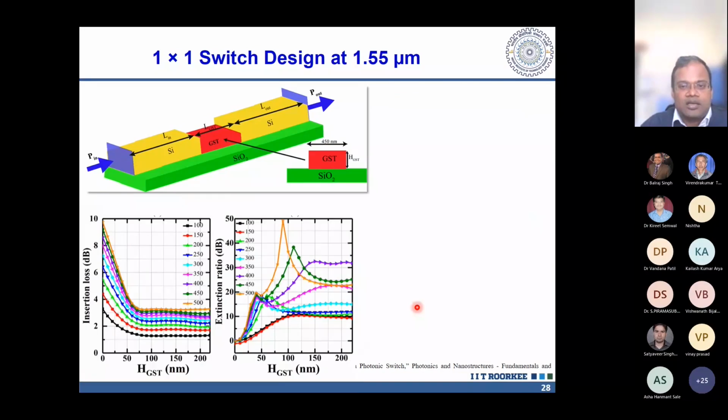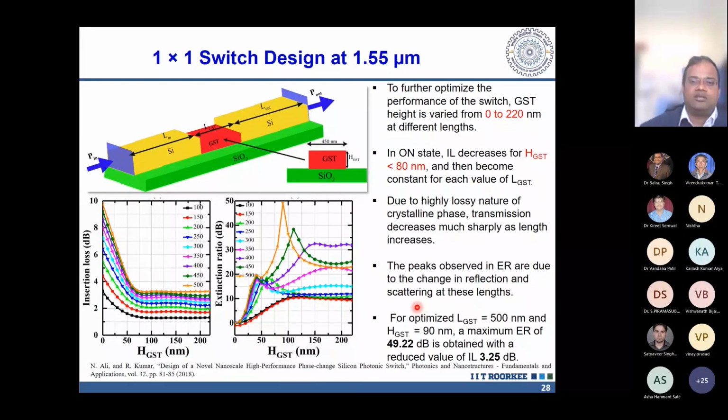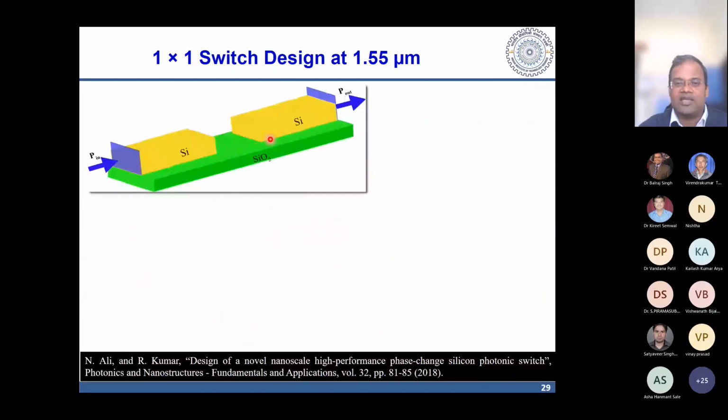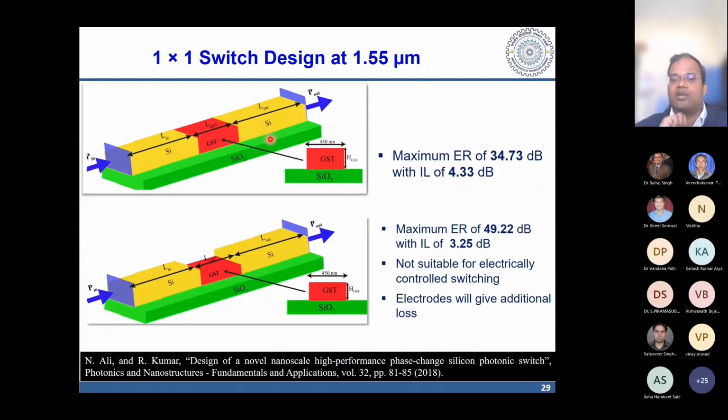Right. So now here we did another simulation where we can find out that we can go up to 50 dB of extinction ratio. And insertion loss is still high, around 3.25. Again, more than 50% of the light is lost. And this also gives the additional problem that I'm summarizing next in these two slides. So for these two approaches, you can get an extinction ratio which is good enough. However, the insertion loss is not acceptable.